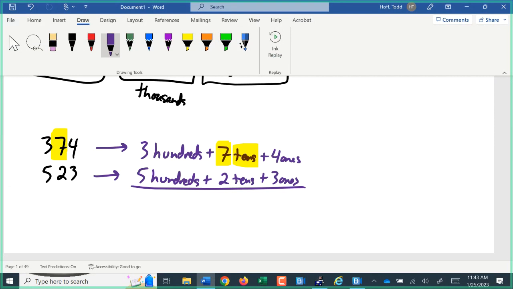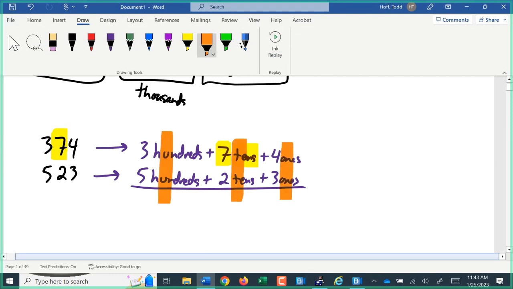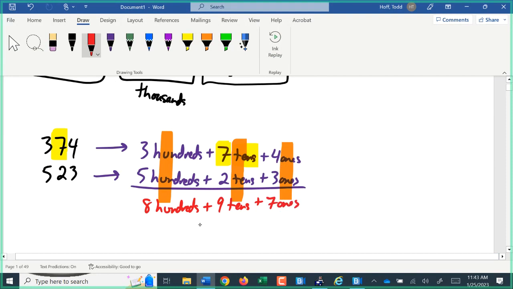And that comes right down to the individual digit. I can only combine ones with other ones, and tens with other tens, and hundreds with other hundreds. This is why we were told that you have to line up the columns when you add. So once they're lined up, we go ahead and add. 3 and 5 make 8 hundreds. 7 and 2 make 9 tens, and 4 and 3 make 7 ones, giving us